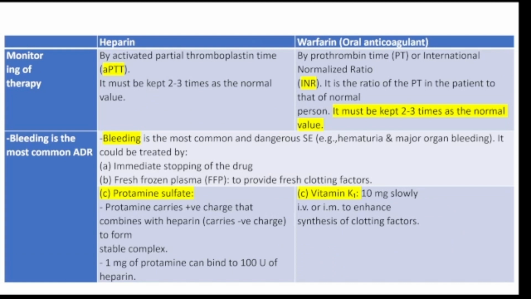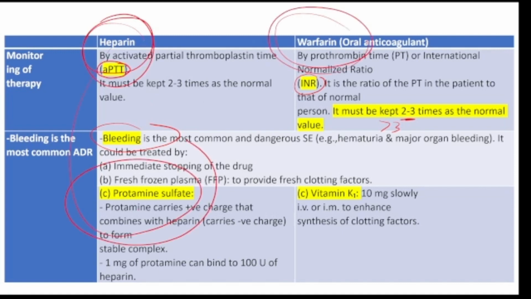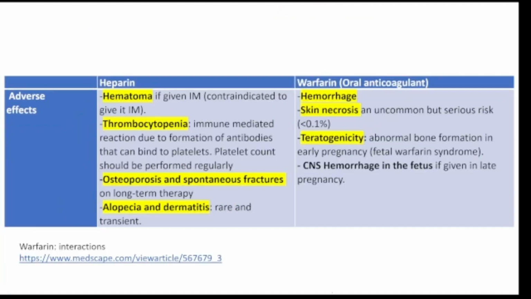How to monitor your patient? For heparin, we use the aPTT. For warfarin, we measure the INR. The value will be 2 to 3 times the normal. If we have more than 3, that means we have risk of bleeding. Here both of them cause risk of bleeding. The antidote for heparin will be protamine sulfate. The antidote for warfarin will be vitamin K1. Okay,